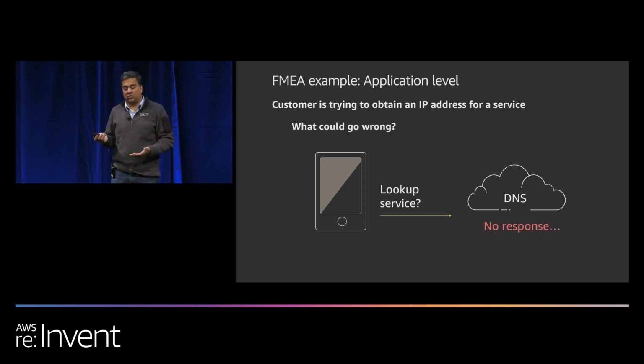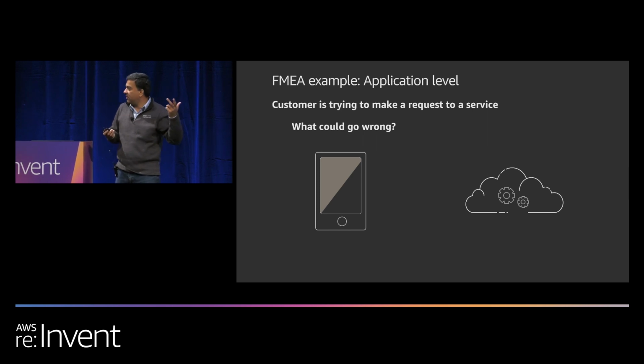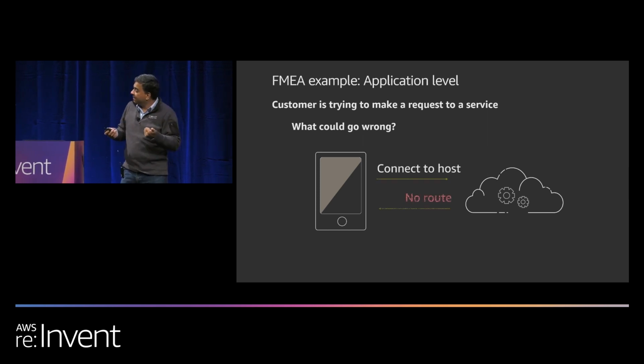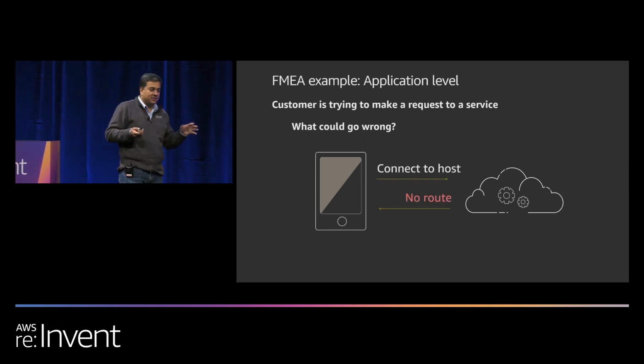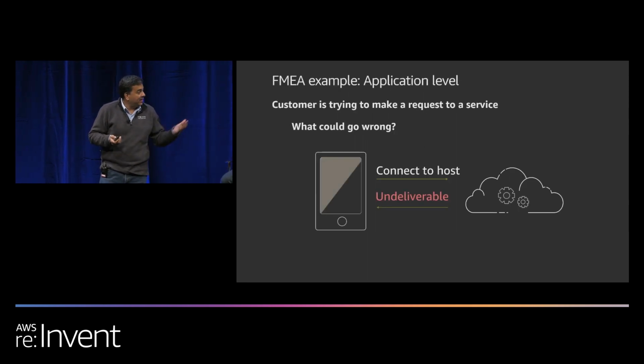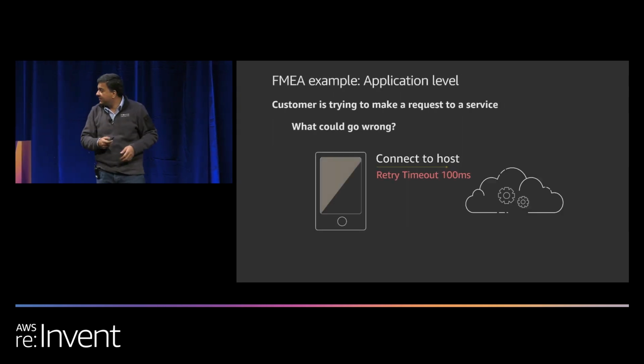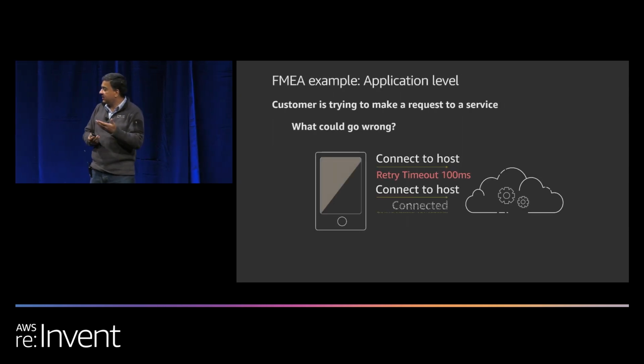what an application level error could look like. You have a service lookup, DNS fails, so that's an observable error. If you have a connection to a host, no route, it's a fail fast, so you know what happened there. You have another one where you're making a request, it's undeliverable, host not found. So these are kinds of errors, and you will map these, and I'll move fast on these ones because you can see them in the slide.